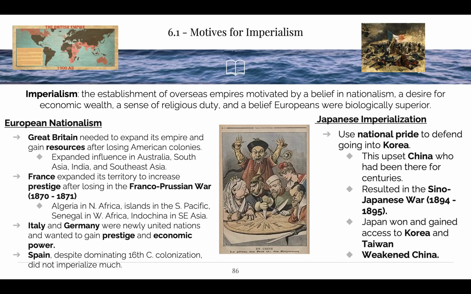Other countries that you should be aware that are imperializing are the Belgians, and they are the worst, and the Dutch. We have the Dutch, we have the Belgians. The Belgians are going to be the worst, and it is unique. What makes the Belgian Congo so unique, Henry? It's owned by King Leopold. It's owned by King Leopold II. It is a private colony. Private. It is owned by one man. And it has some of the worst atrocities.